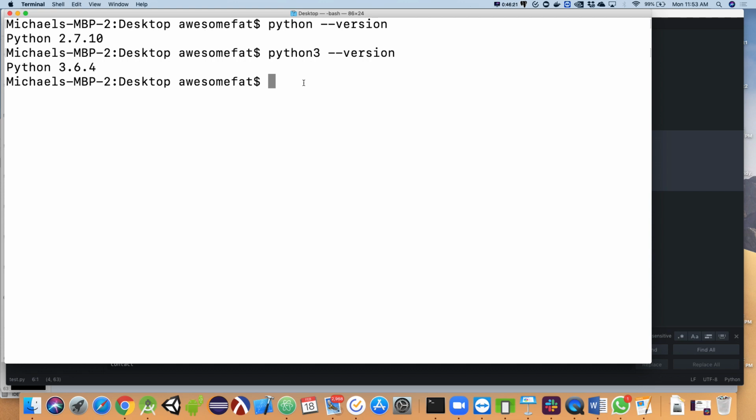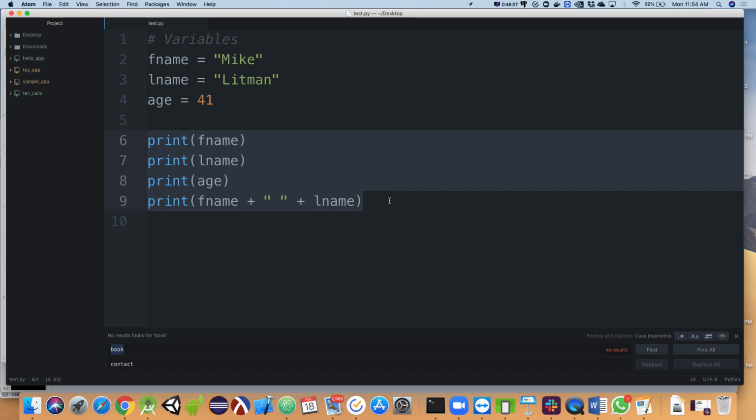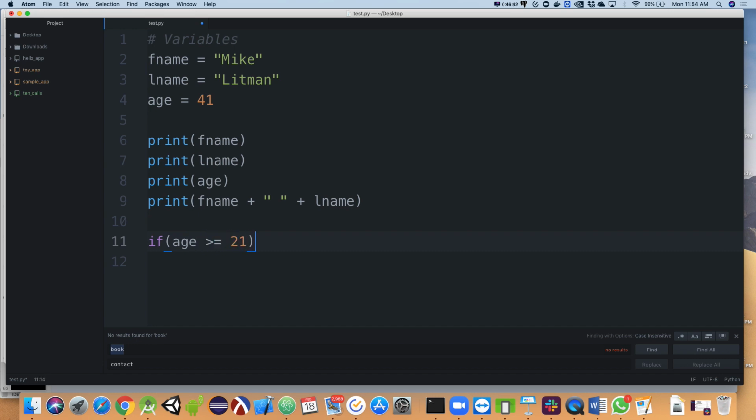All right, so in our last 2 minutes here, let me just show you the rest of those 3 things: remembering stuff, asking questions, repetition. We have remembering stuff up here, proving that we remembered it down here. Now we're going to ask a question. If age is greater than or equal to 21, then we'll print out,